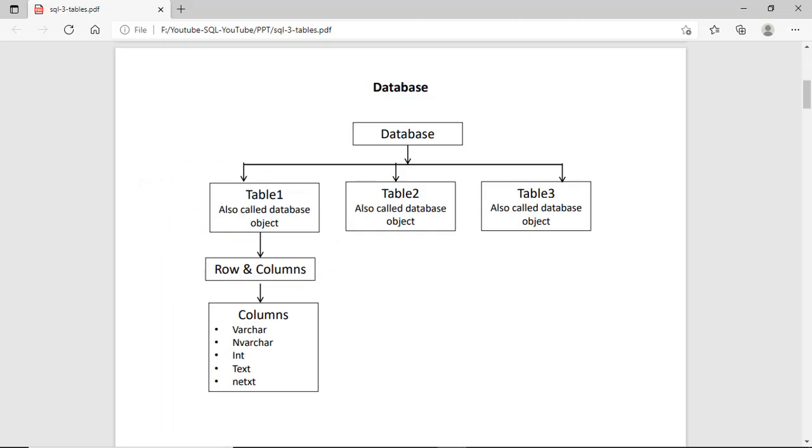As you can see in the diagram, we can create multiple tables in a database. A table consists of rows and columns, in a 2D format, a 2D matrix. When you create tables, you have to mention the list of columns. Also, with each column, you have to define the data type. It means what kind of data a column will hold, and you mention it with the column name. That is called the data type.